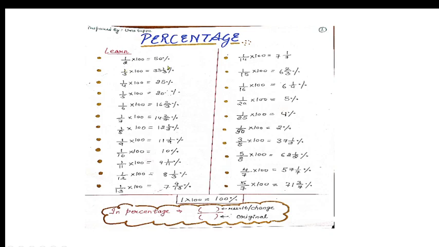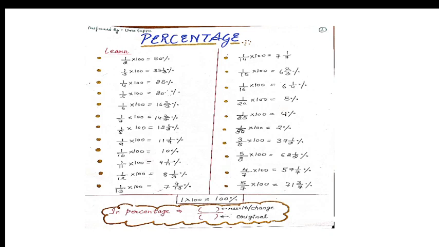Like 1 by 2 is 50%, 1 by 3 is 33 1 by 3%, 1 by 4 is 25%, 1 by 5 is 20%, 1 by 6 is 16 2 by 3%, 1 by 7 is 14 2 by 7%, 1 by 8 is 12.5%, 1 by 9 is 11 1 by 9%, 1 by 10 is 10%, 1 by 11 is 9 1 by 11%, 1 by 12 is 8 1 by 3%, 1 by 13 is 7 9 by 13%, 1 by 14 is 7 1 by 7%, 1 by 15 is 6 2 by 3%, 1 by 16 is 6 1 by 4%,